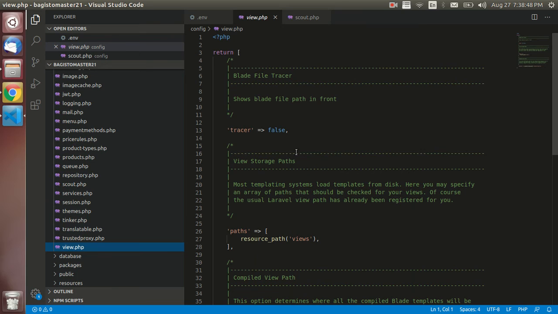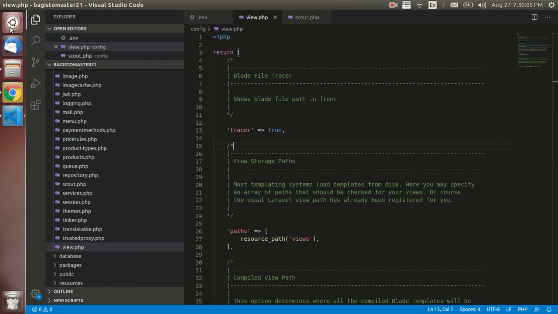By default, guys, you will find file tracer as false, which you need to change to true. Then just save it.